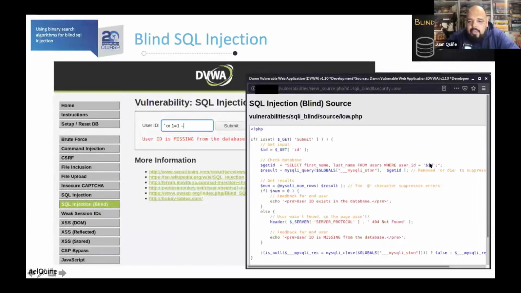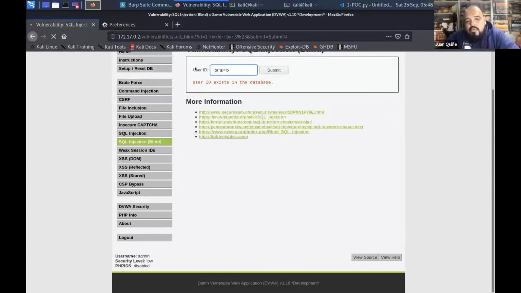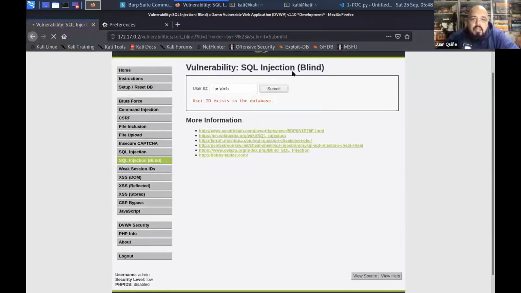What I'm inserting here in the ID is: select first name, last name from users where the ID is first empty, because I close the first apostrophe, and there I ask OR 'A' equals 'A'. That's what I'm including in the data. What happens if I put that the user is empty OR 'A' equals 'B'? The response gives us,